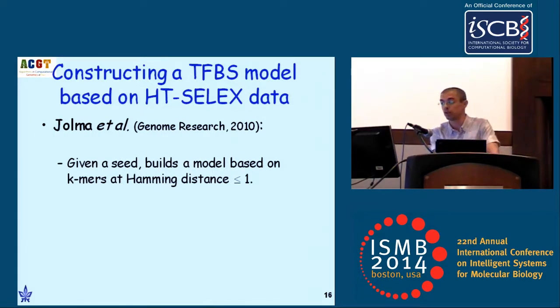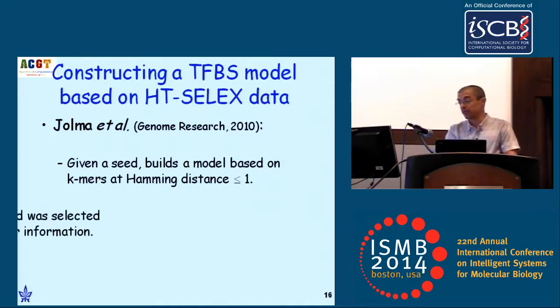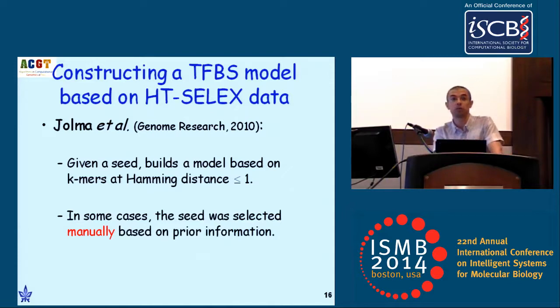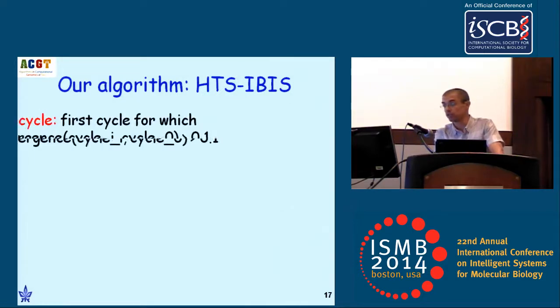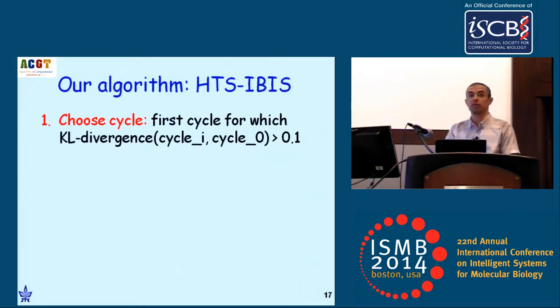They are based only on k-mers at 1 Hamming distance from the consensus. And in some cases, the seed that was used to build these models, the consensus sequence, was selected manually based on prior information. So we want to avoid any manual intervention in the algorithm and to build a model with more variability based on more k-mers. So here we give a few suggestions on how to overcome some of the biases in the